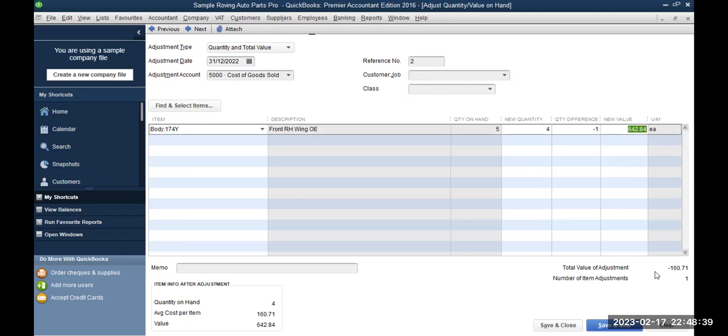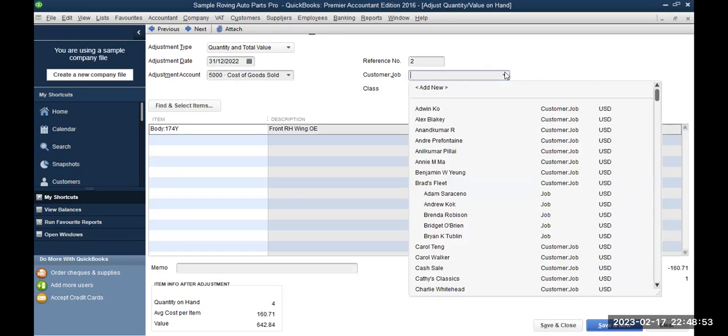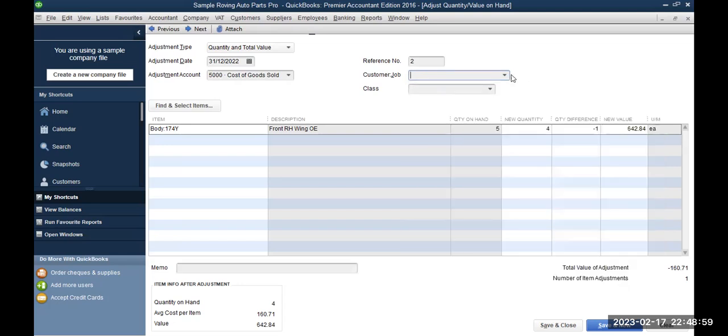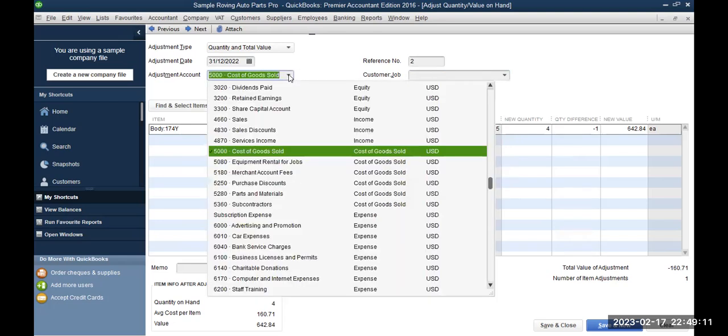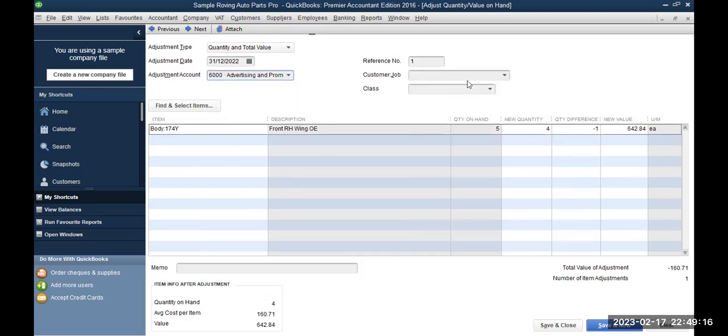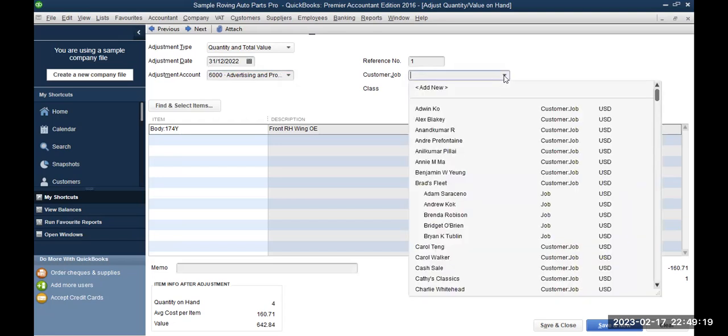But if you're only changing the quantity, you'll see that it has reduced, it just has one amount adjusted. And you choose which account you want that adjustment to go to. But also, if the adjustment was going to a particular customer, then you choose which customer it was given to. Assume it was a promotional item, for example. It was given to a particular person and it was a particular class. Actually, let's assume that we are giving it as a promotional item, and I'm going to put it under advertising and promotion as an expense. And the customer I'm going to give it to